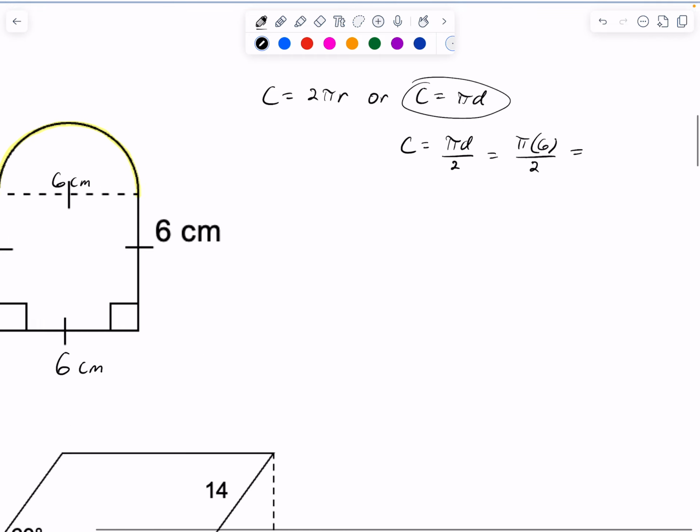So the circumference is equal to 3 pi centimeters. All right,